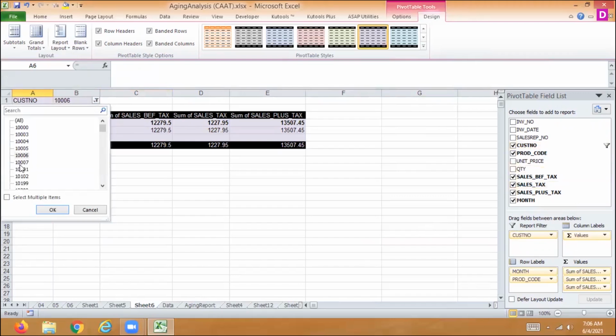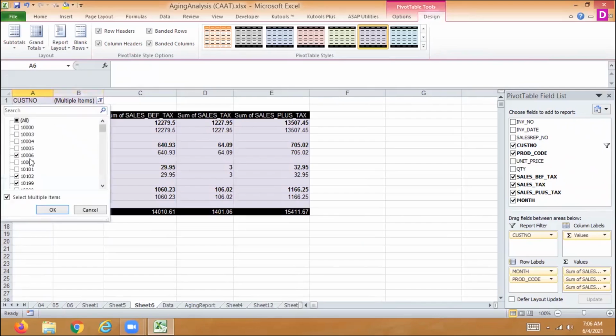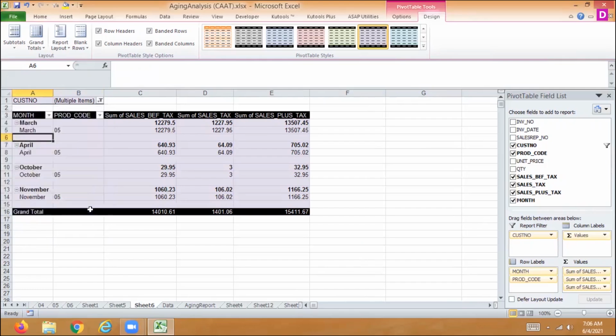If I hold Control and select multiple items, then when you have selected the multiple items, you have to click this and okay. So you can see customer number, particularly 10101, 10102, 10119. This value is available only for the selected values. Okay, now